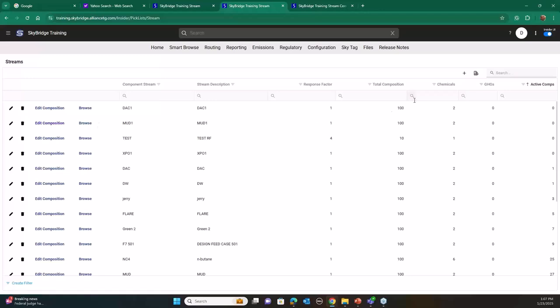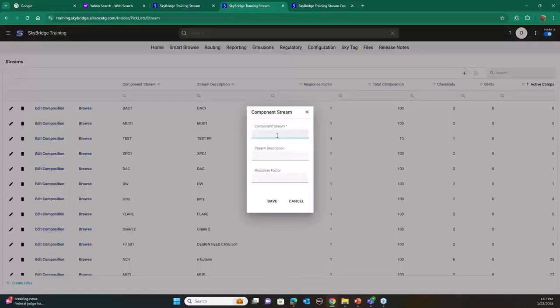Okay, so let's go ahead and add one. So let's do this. I'll click the plus sign here. And before I do that though, you can search for any of the streams. You can export this table if you need to. There's the little Excel exporter here. But if I click this little box here and I give it a stream, and remember,